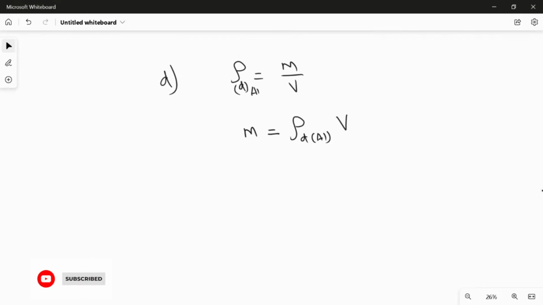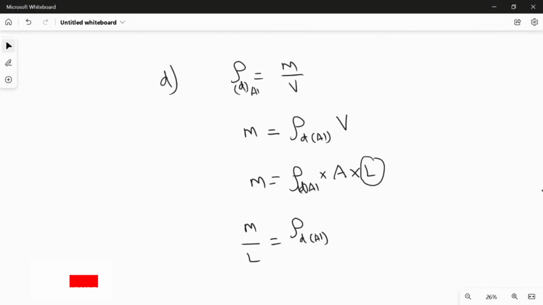multiplied by the volume. I can write this as the density of aluminum multiplied by area multiplied by length. So we can write the volume as area multiplied by length. So now I'm going to take this length and move it to the left hand side of the denominator. So therefore, the above equation will become M over L, which is equal to the density of aluminum multiplied by